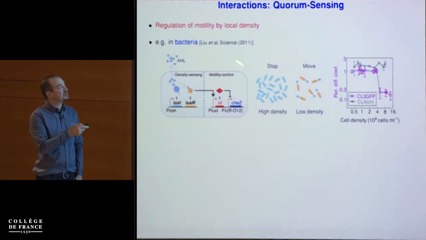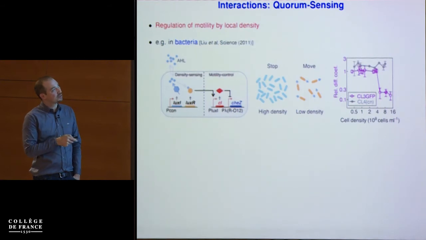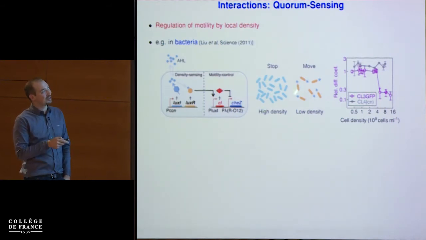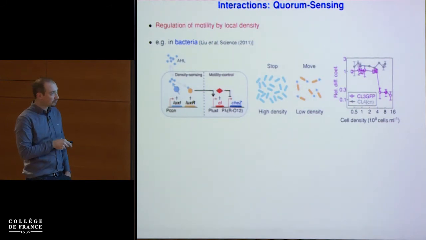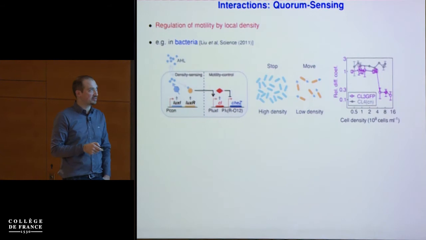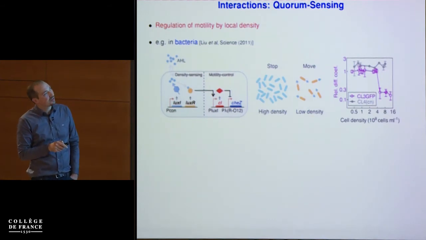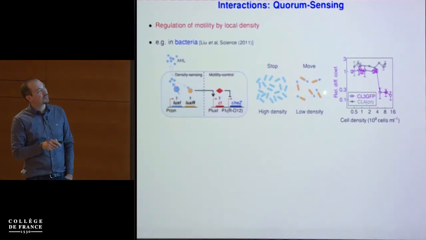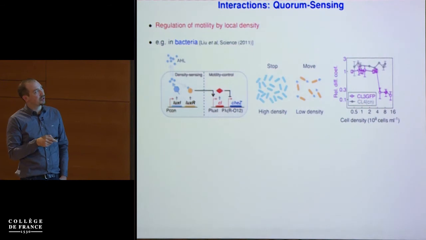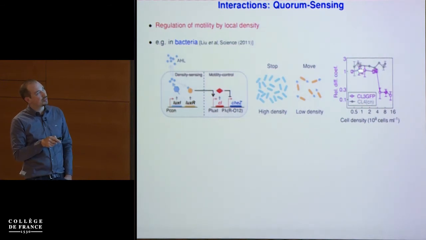And so by building this type of genetic circuit, you can engineer systems in which at high density you stop, and at low density you go fast. So these are experimental results. They plot the diffusion constant versus density, normalized to the one without the circuitry. And you see that at low density you have something which is flat at 1, and then above a critical threshold, boom, it falls sharply.